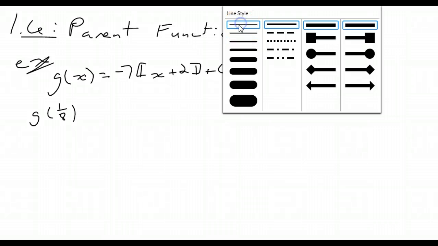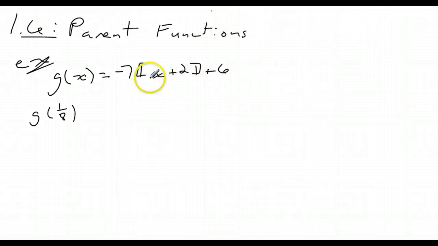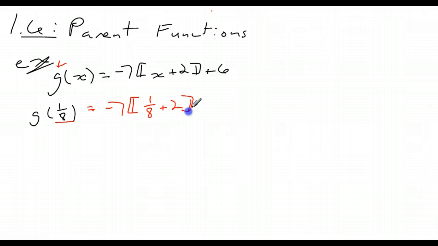Looking at your greatest integer function, if we have something like this, g of x equals negative 7 times the greatest integer of x plus 2, plus 6, and I'm taking g of 1/8. This means go to g, plug in 1/8, well here's g, so I'm going to go to that function and plug in 1/8 for x. So this is the same thing as saying negative 7, greatest integer, of 1/8 plus 2, and then plus 6 on the outside. Well, 1/8 plus 2, this is like it's inside of parentheses, so I'm going to say negative 7, greatest integer of 2 and 1/8,